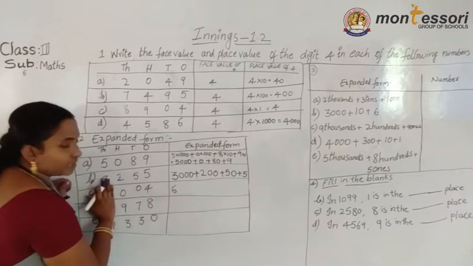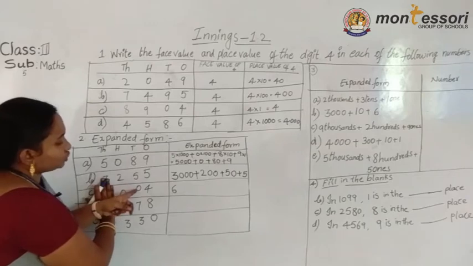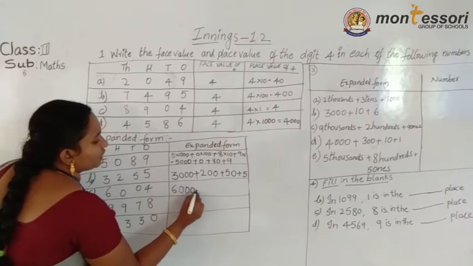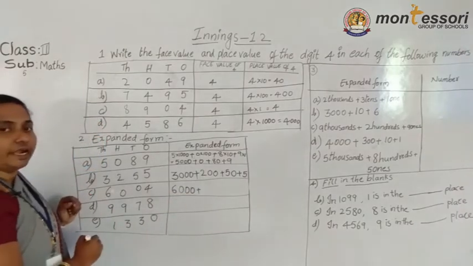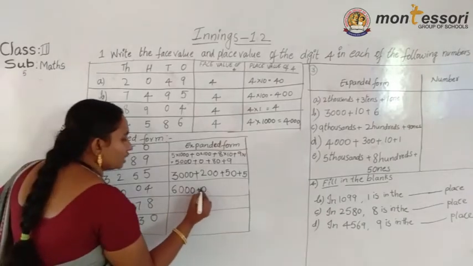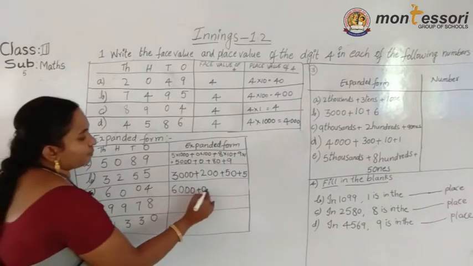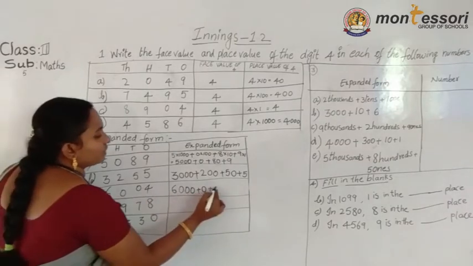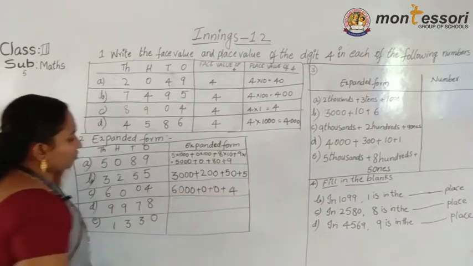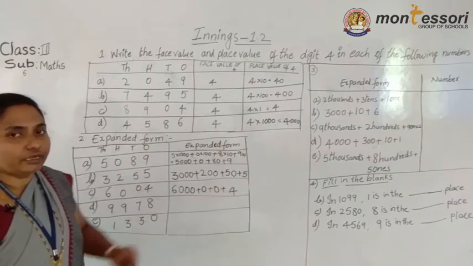After 6 how many numbers are there? Zeros also counted. 1, 2, 3. So I put here 3 zeros. And again here what is the number? 0. Keeping 3 zeros or 4 zeros is also no problem, but I will put 10. Next here 10 I am writing. Next here 4. Why am I writing 4 directly? Because after 4 is there any number? No. So that's why I am writing 4 in a direct way.